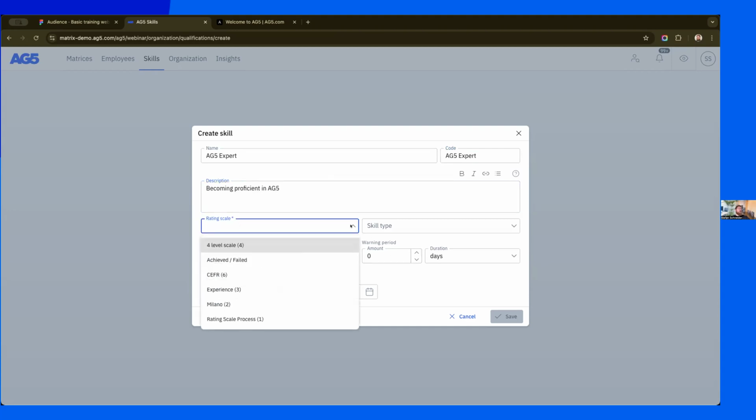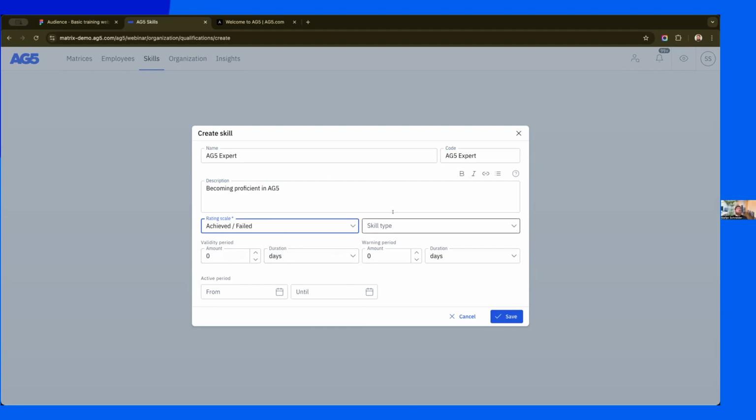And rating scale, in this case, I would say it's an achieved/failed one, because when you participate in today's training, you will be your AG5 expert internally, at least for the basic features. Skill, it's just a skill. Validity period, in this case, of course, for an AG5 expert, I doubt that you're gonna forget items, but let's say we have a validity period of 5 years, and you have a warning period maybe for a retraining of